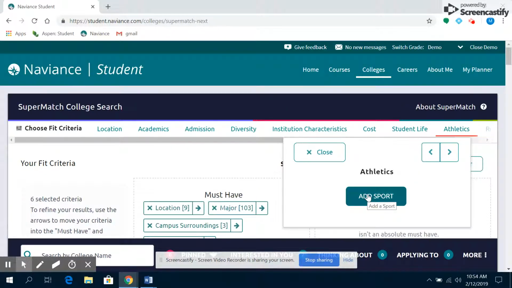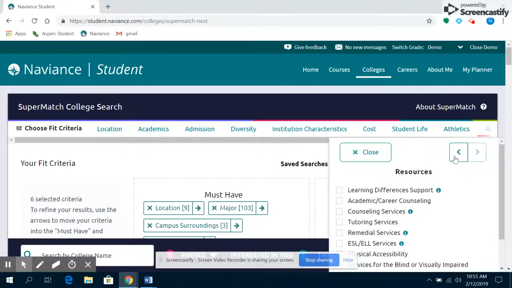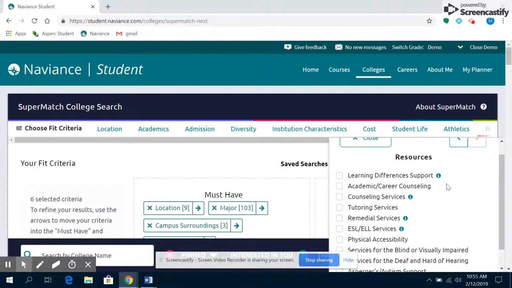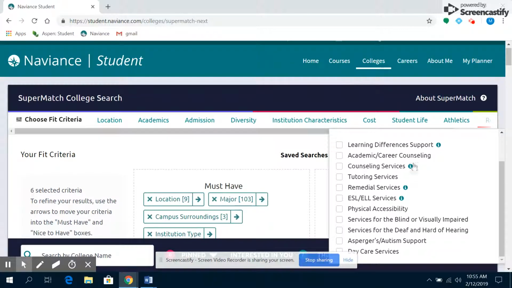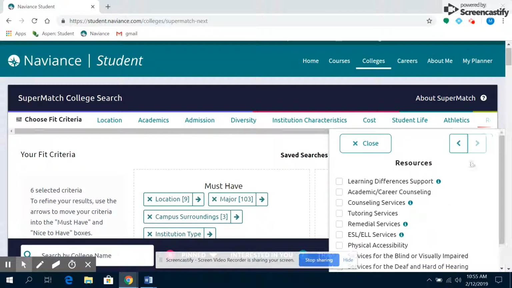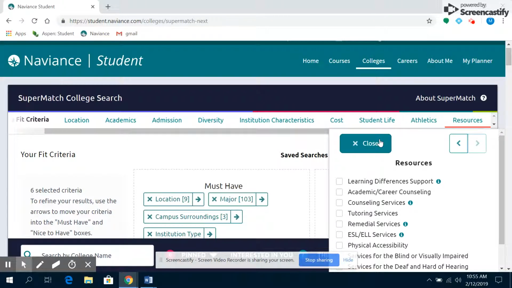And then athletics, if you wanted to add a sport that you really know that you want to do in college. And then resources, all different resources that you think you might need, whether it's physical accessibility, counseling services, career counseling. You might want to take a look and narrow it down by that. And then that is the last of the tabs. So if you hit close,